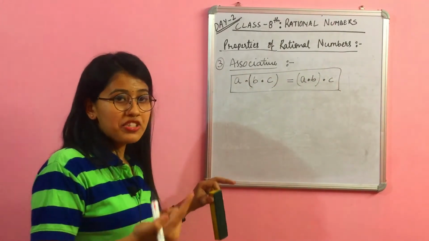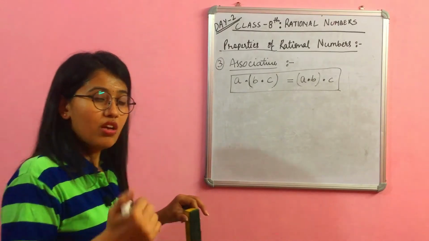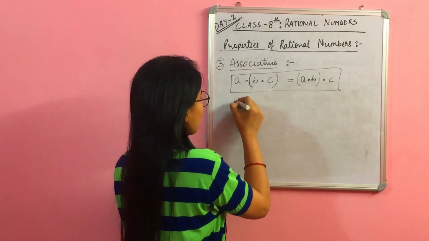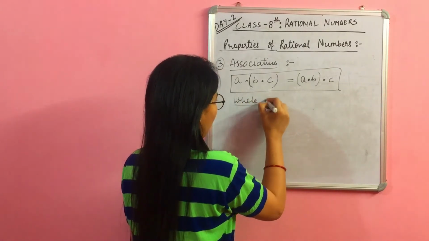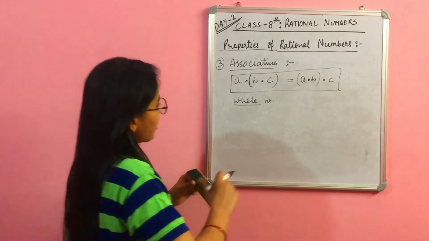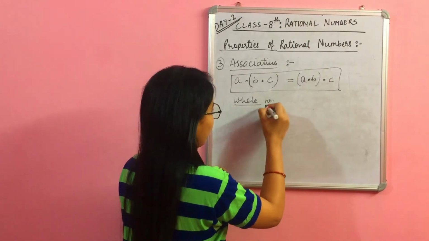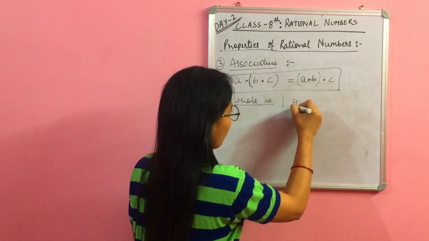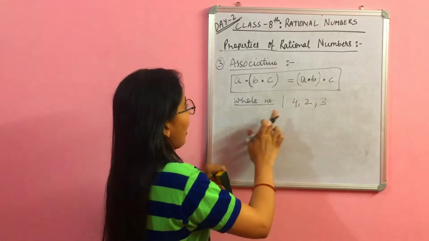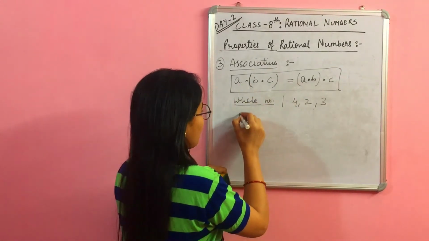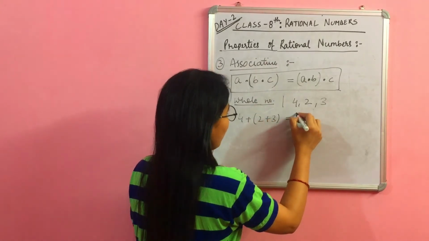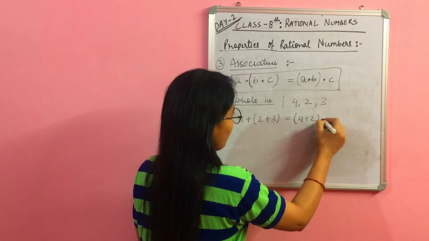Okay, now let us check one by one for natural numbers, for integers, for whole numbers and for rational numbers. Okay, so our first set I am taking is whole numbers. Okay, let us take the operation addition. If I'm taking three elements, let us say 4, 2 and 3. These are my A, B and C. Okay, and the operation is addition. So (4 plus 2) plus 3 is equal to 4 plus (2 plus 3).